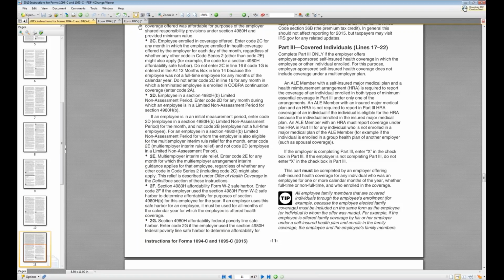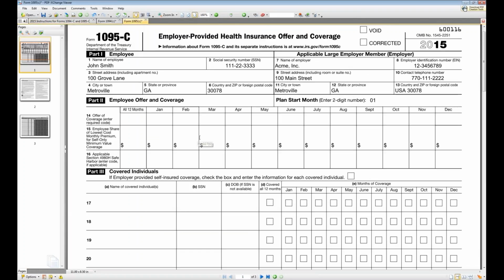Now, I mentioned that very briefly. I want to start with examples. My example number 1 from the slide was John Smith is employed all year, full-time all year, offered coverage all year for $125, and he is enrolled. Well, since John's status did not change during the year, we can complete the all 12 months column. The applicable code here is going to be 1E,